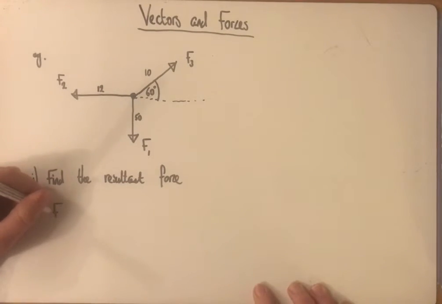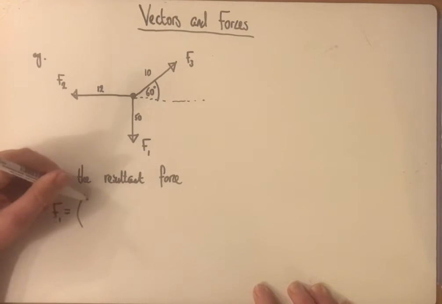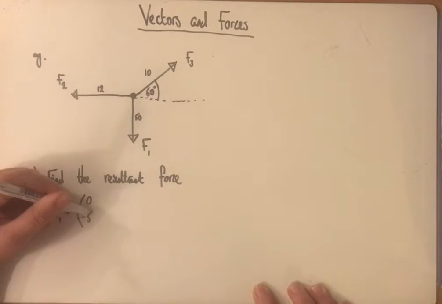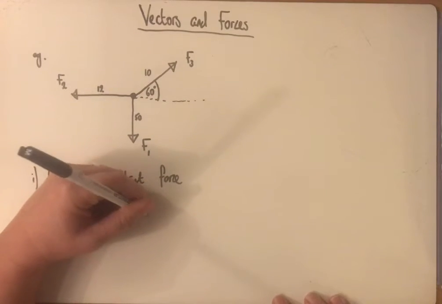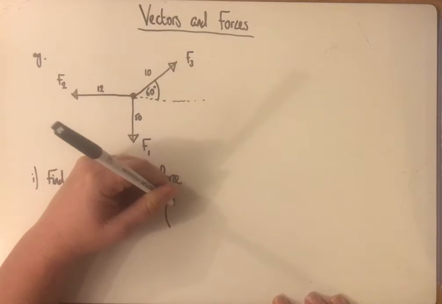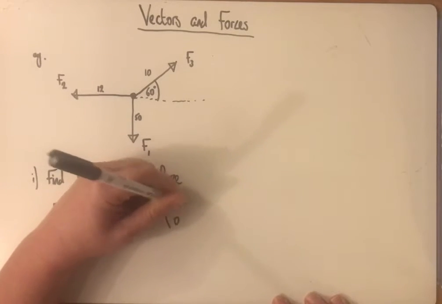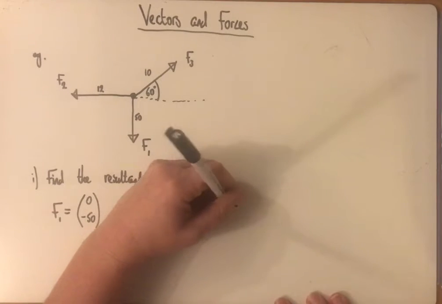So this force F1 in vector form, we can write that as (0, -50). So we're looking for these two perpendicular directions again. And F2 is going to be (-12, 0). And then F3